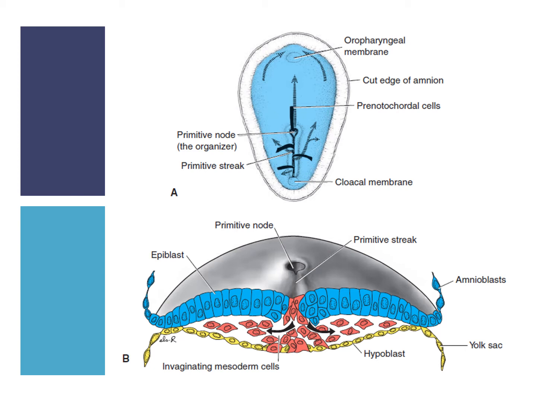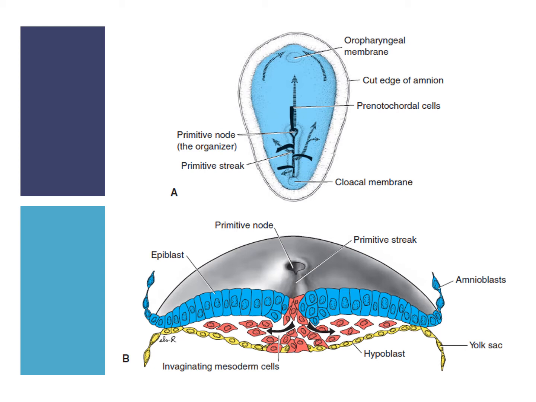In the cephalic region, take a look at figure A here. Some of the migrating cells will pass on each side of the precaudal plate. The precaudal plate will later form between the tip of the notochord and the oropharyngeal membrane and is actually derived from some of the very first cells that would migrate through the node in the midline. These cells will move in the cephalic direction,